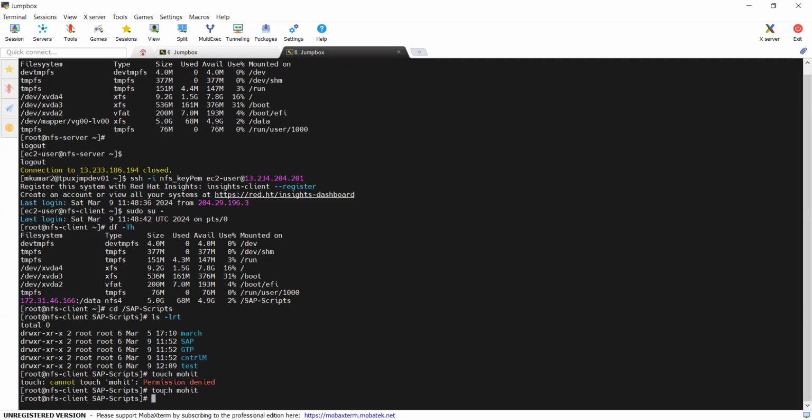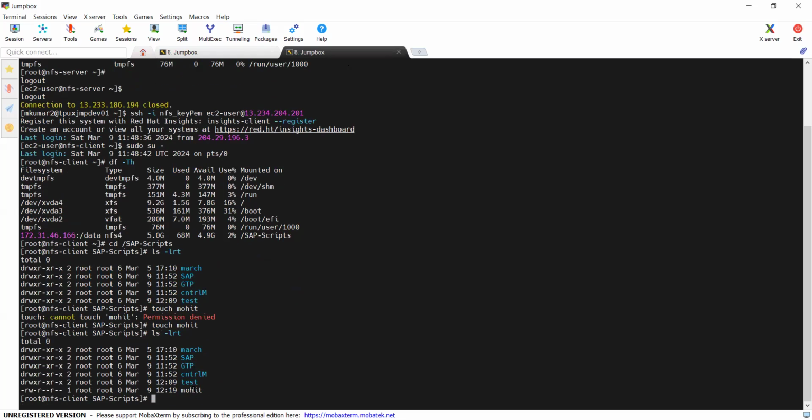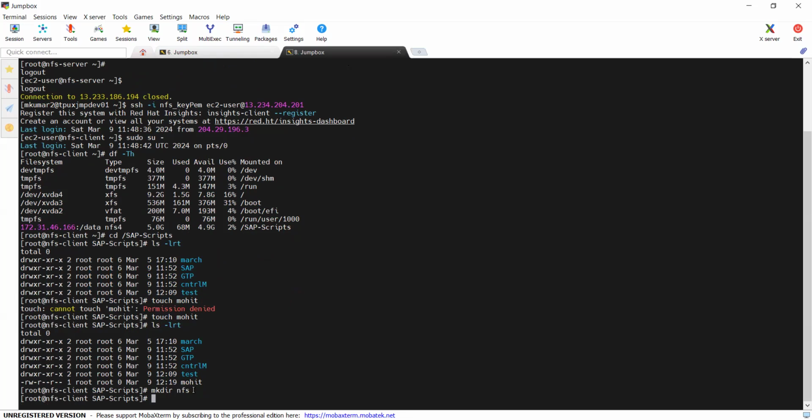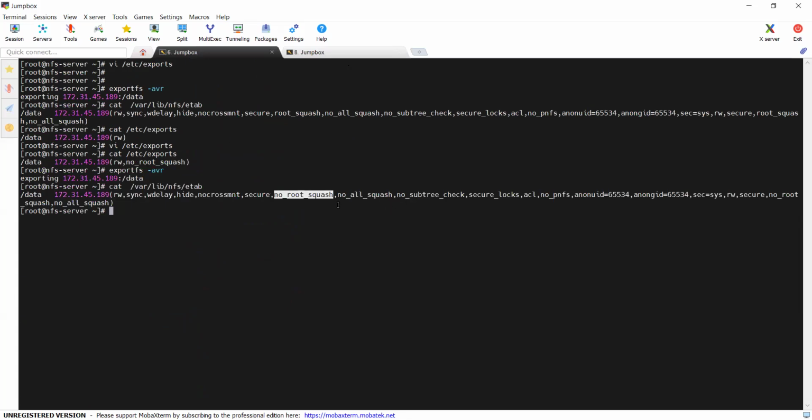See, we are able to touch a Mohit file now, and you can create directories as well. Right, so these are exporting options. I will tell you all the recommended ones in the file, and let's describe it right now. And there are some others